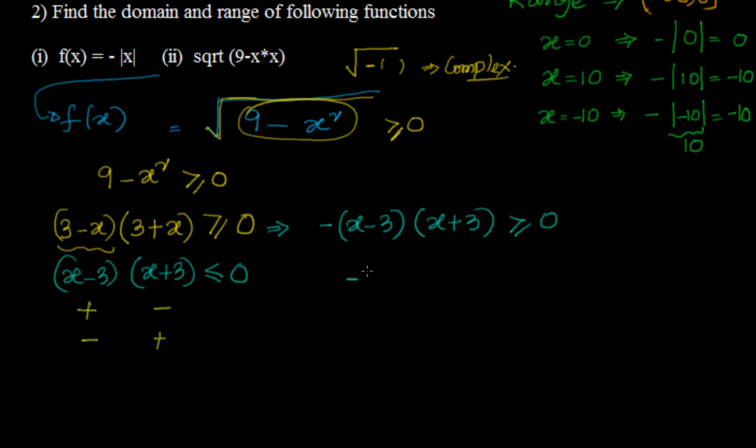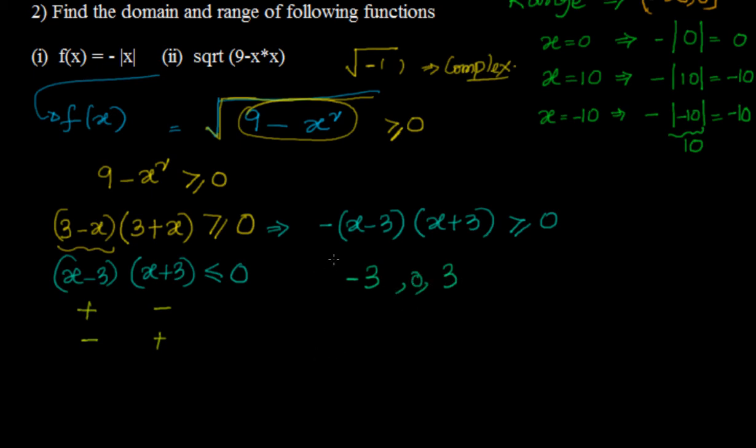What are the values we have? x minus 3 and x plus 3. So we will take the boundaries as minus 3 and 3, and we will check the values. If x equals minus 3, the function is becoming 0. So the range will have minus 3, and also 3. If I put x equal to 0, what happens? 0 minus 3 is minus 3. 0 plus 3 is 3. That is also there. So 3 is there, minus 3 is there, 0 is there.